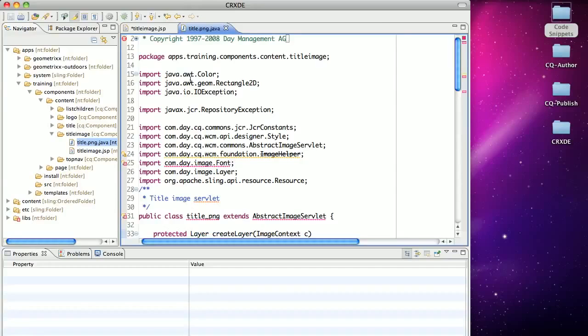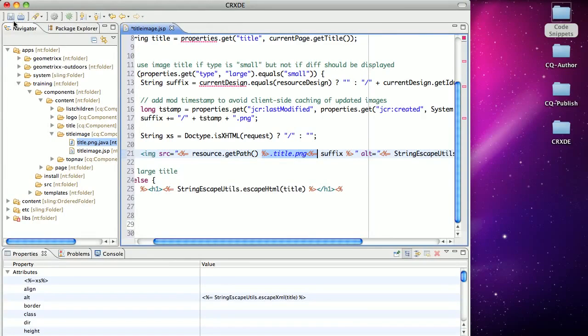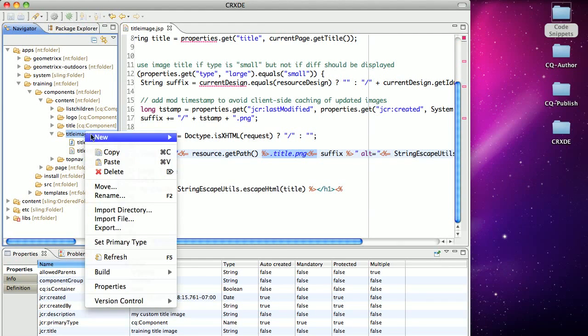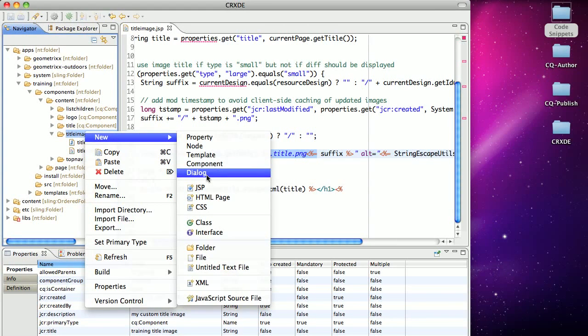Okay, and just check this one more time and make sure that's all set. That looks good. And then close that, save your title image .jsp, and then let's create the dialog boxes that will let the author actually enter in some content. So what I'm going to do is right-click here, and I'm going to say New Dialog,